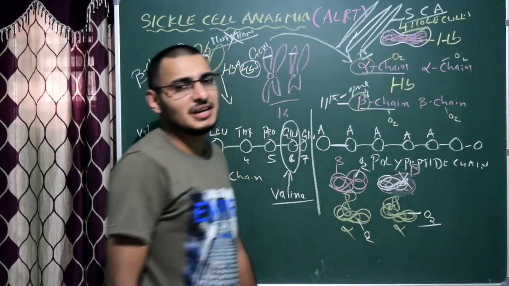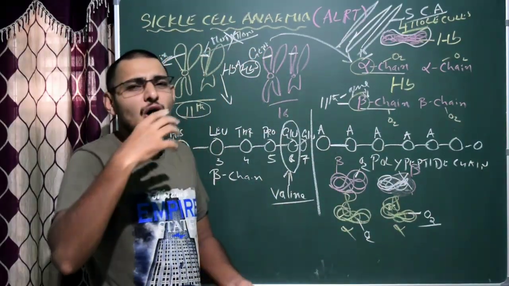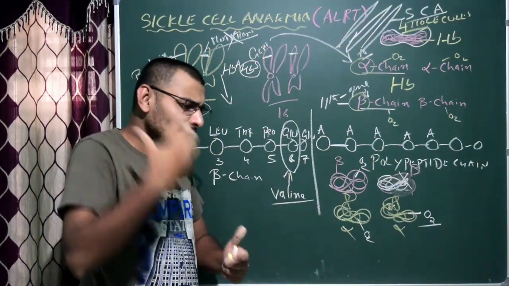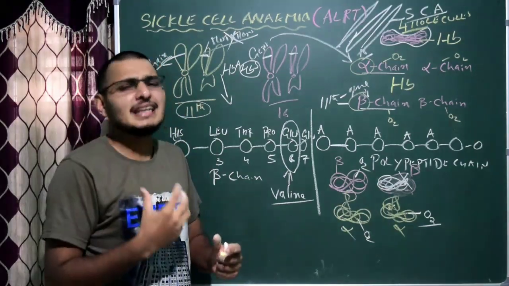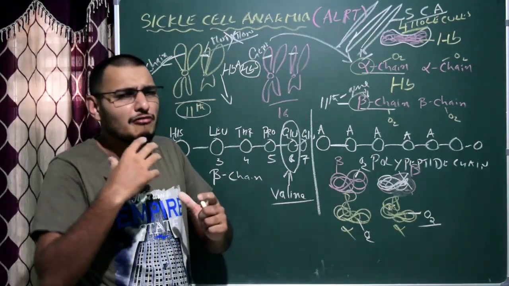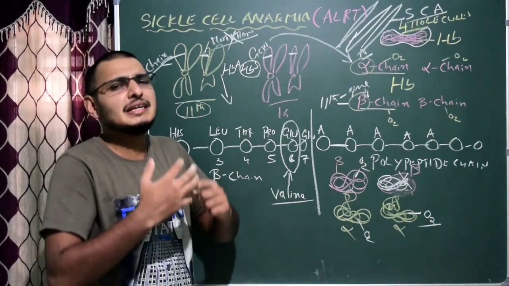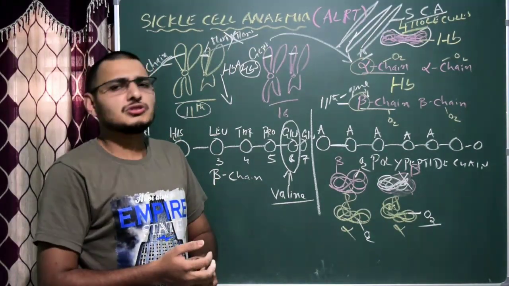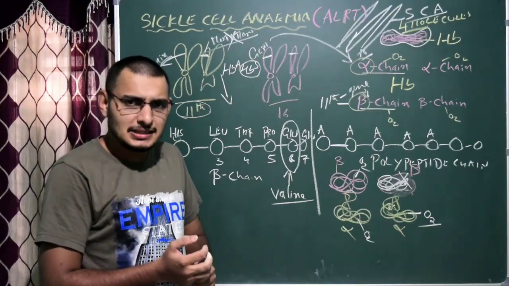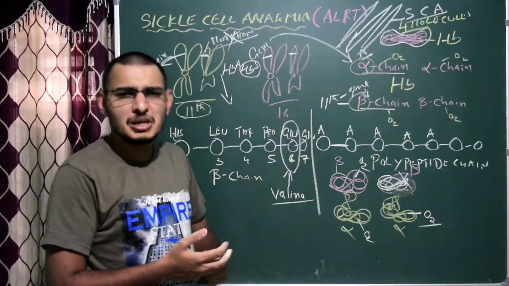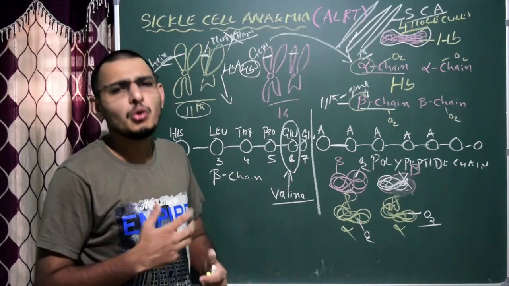Now what is anemia? Anemia in the sense a loss of blood. So when a person actually has a very small quantity of blood, obviously he will suffer from oxygen stress, in the sense that he needs more oxygen, but unfortunately the number of RBCs is low, or because of the abnormal shape of the RBC, it cannot carry more oxygen.